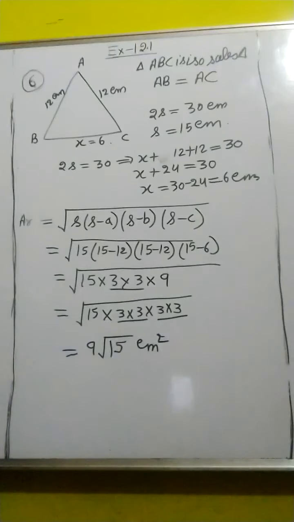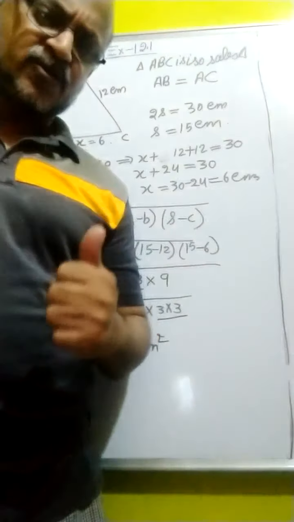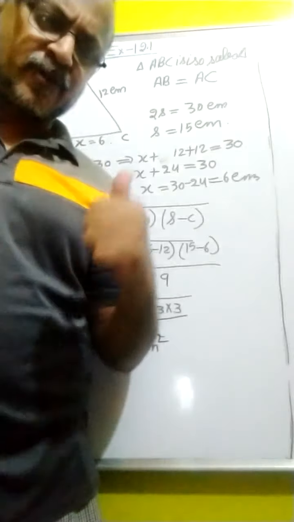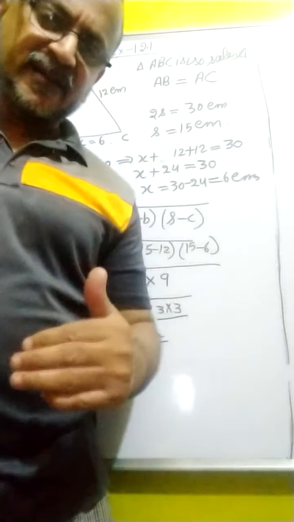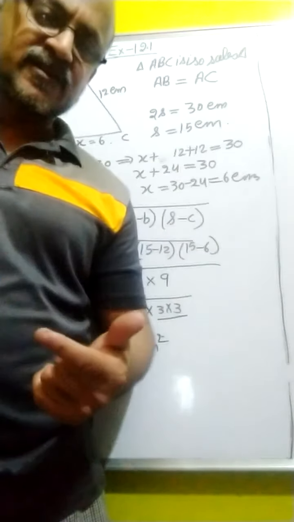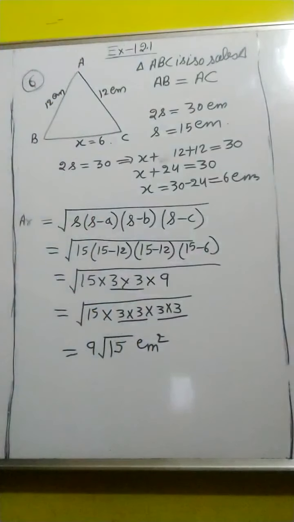So students, today we have done some problems of exercise 12.1. You have to complete this exercise in your copy. There are 6 questions in this exercise and I have done 3 important problems of this exercise, and the remaining 3 questions you have to do by yourself in your register. And in the next class I will start the second exercise after 12.1, that is 12.2, and that exercise is also based on the area of the triangle.